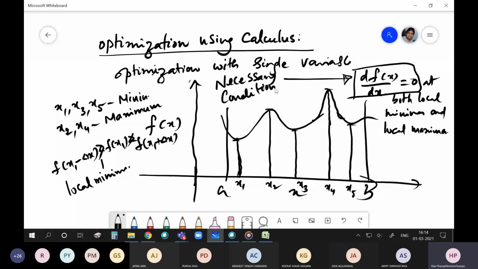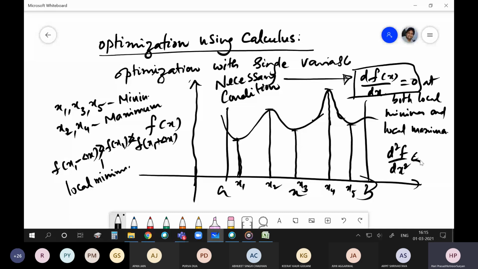Okay, but if I want to particularly say that it is local minima or local maxima, what should we do? Check the concavity of that curve. Double differentiate. You have to go for another d square f by dx square. You will do the second derivative, and depending upon the value of this,